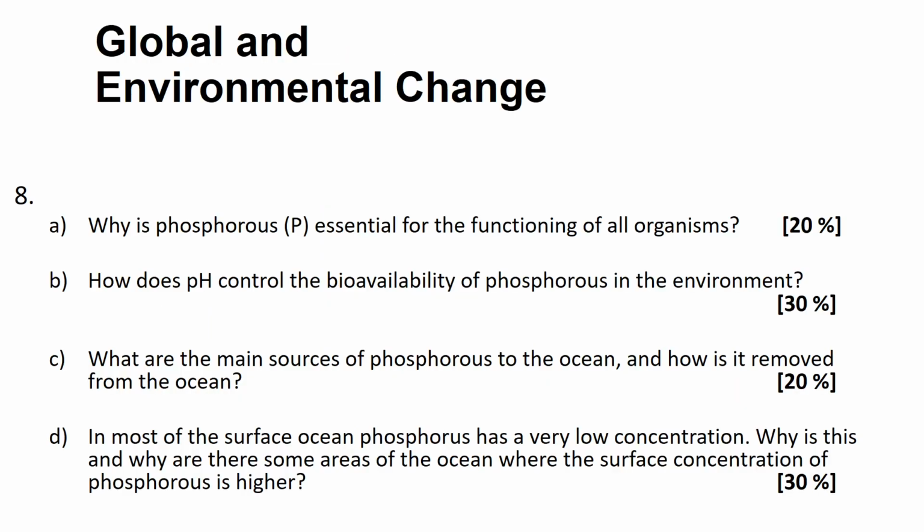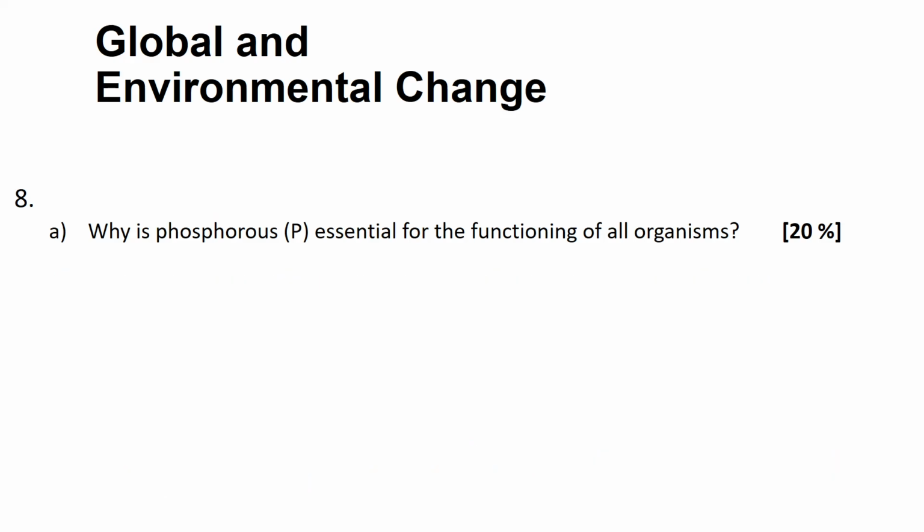looking at the question now, again in a number of parts, with roughly equal weighting to all the parts, some slightly more than the others. So we're not looking for huge long answers for parts of these, but at least something a little bit more substantial than a simple list. So the first part: why is phosphorus essential for the functioning of all organisms? I think one of the